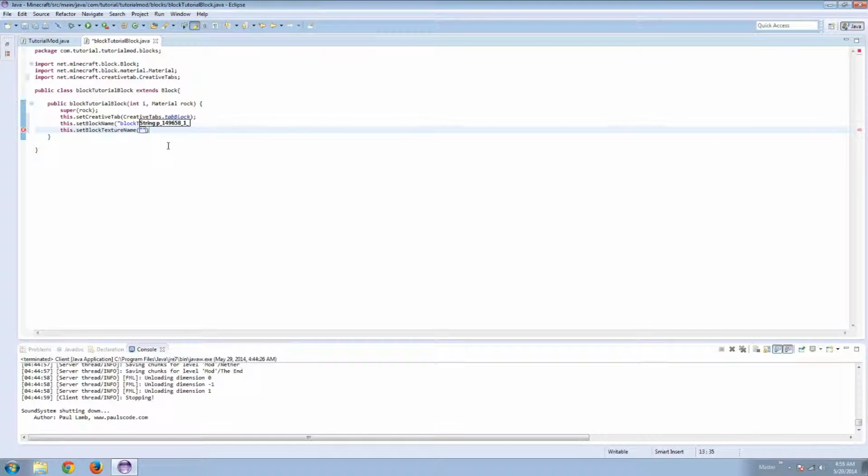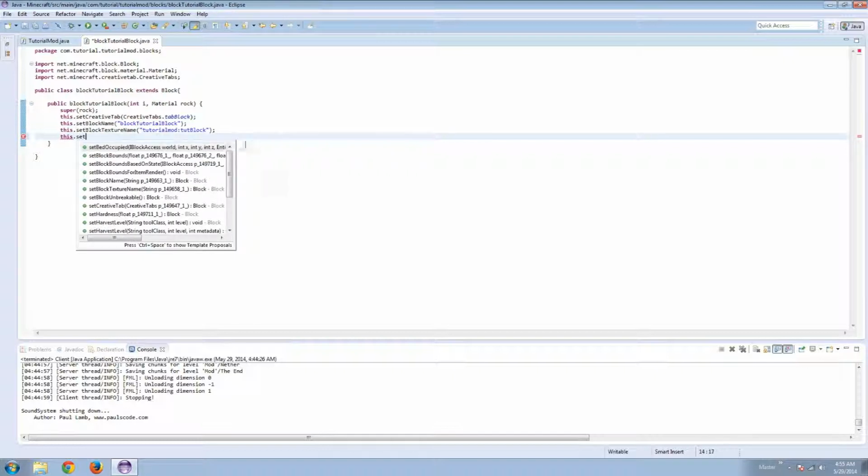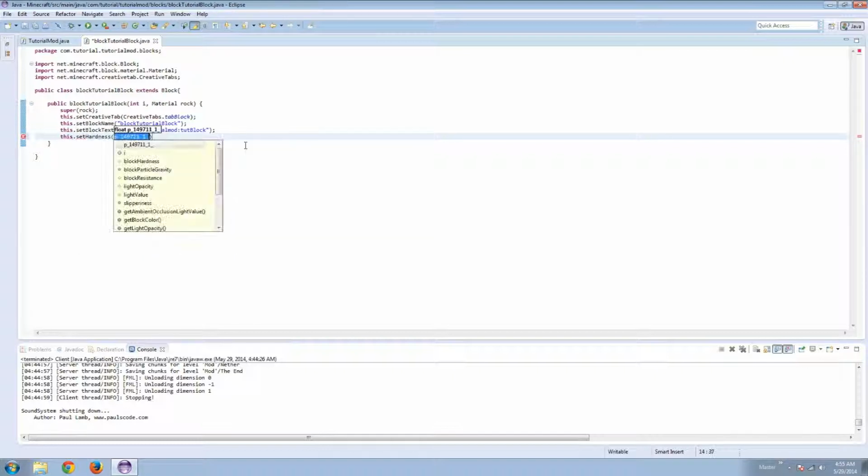It's tutorialmod:tut_block, and I already have the texture again. But there is something different in the item and block. In the block, you also have to put this.setHardness,